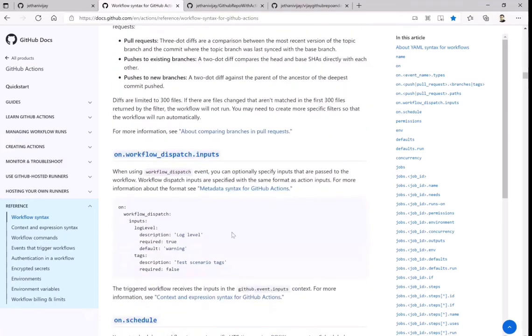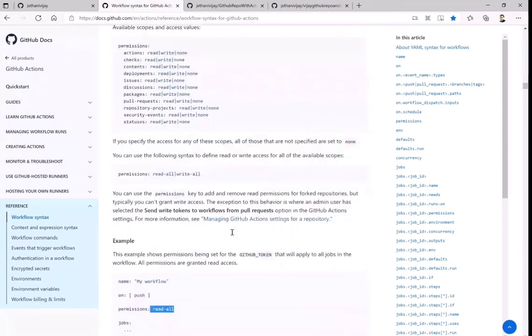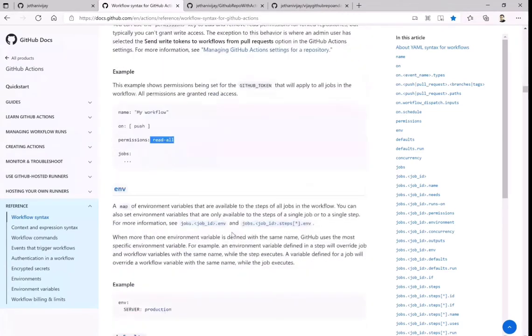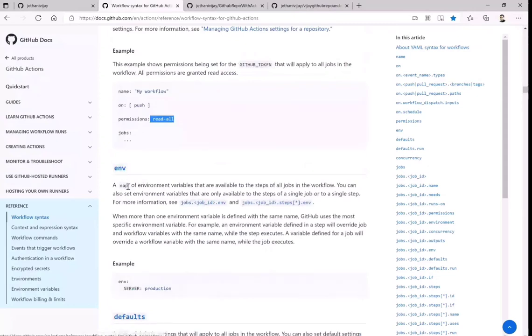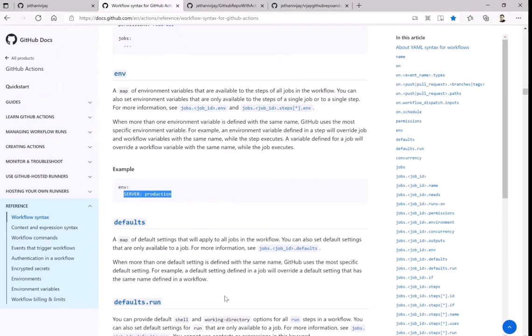It should run on file changes or it should run on schedule. What about specific to variables? Okay, so in that case environment is a term, or I would say a map of the environment variables, under which you will define specific variables. So here server production, then environment you can also put. Similarly, you can also put a website name, a database name, and something to go around that.